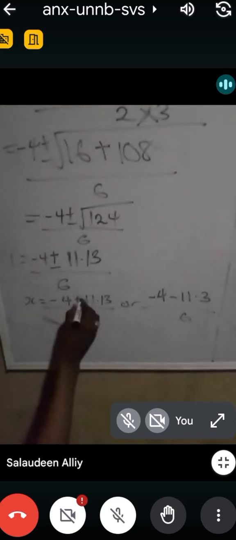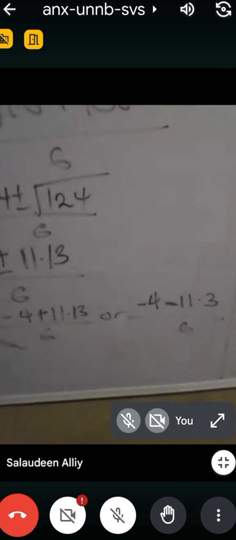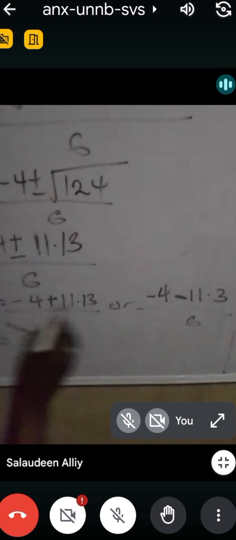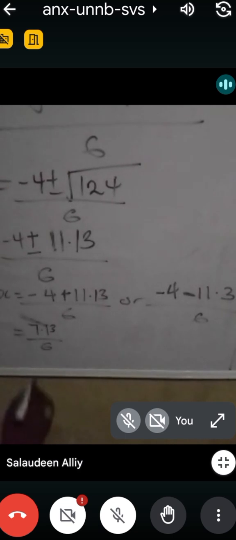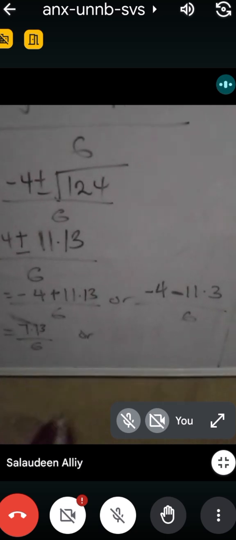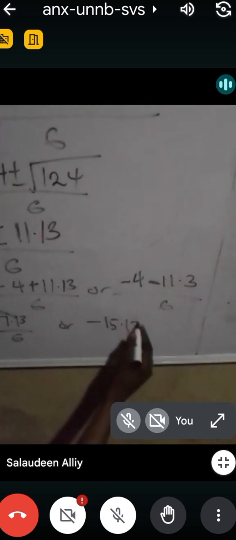Minus 11.1, plus here. I'm using the minus here. So this is minus 4 plus 11.13, that's going to give me plus 7.13 over 6. Or minus 4 minus 11.13, that's going to give me minus 15.13 over 6. Doing our maths, we are going to